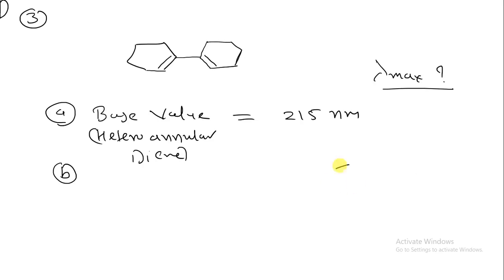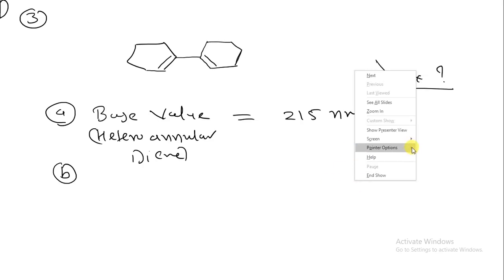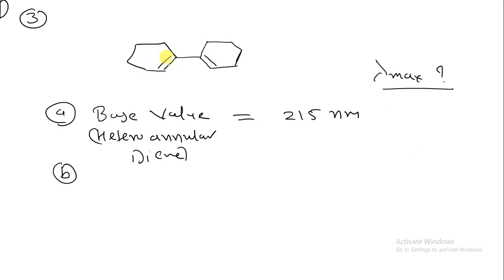Okay, so now let us understand the ring residue. That is an important point. Let us see, this is our parent chain, I am drawing it over here. So let's say here I have the parent chain: a CH over here, CH2 over here, CH over here, CH over here. So this is CH double bond CH, CH double bond CH. So this is our parent chain.